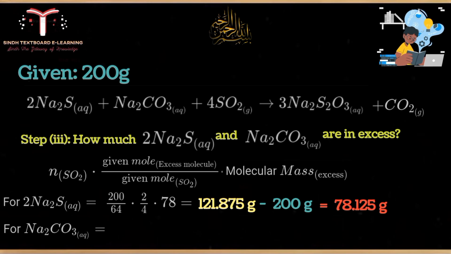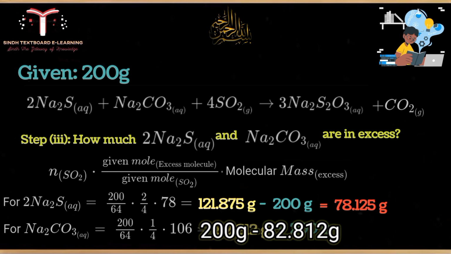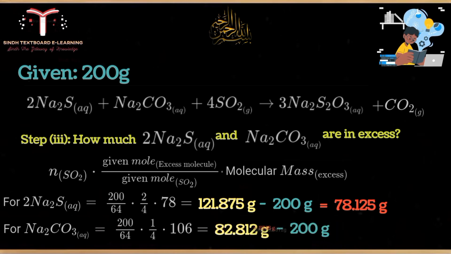Moving towards Na2CO3 in a similar way: moles of SO2 200 divided by 64, multiplied by 1 mole of Na2CO3 divided by 4 moles of SO2, and multiplied by the molecular mass of Na2CO3, which is 106. We get 82.812, which is the utilized mass. Subtracting it from the total mass of 200 gram, we get the excess mass, which is